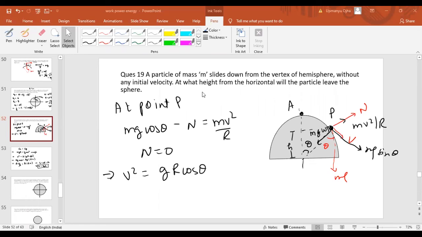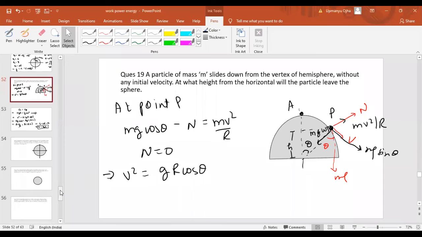See, vertical circular motion is important. They will directly ask the question from this. Any doubt, you can ask me. Okay, very good. These are very good problems I have collected. If you just listen to these problems, you may be able to solve all the problems in vertical circular motion or work power energy. I have taken very good problems.